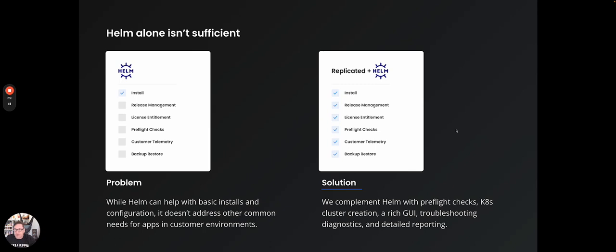Now, I talked about how Helm isn't sufficient. Helm is a great tool, but Helm really focuses on that install piece of it. There's a lot of things Helm doesn't do. It doesn't do any release management, license entitlement, pre-flight checks of the environment, doesn't report back a lot of telemetry, doesn't really handle backup and restore at a complete level. So while Helm helps with basic installs and config, it doesn't address all the other common needs for apps